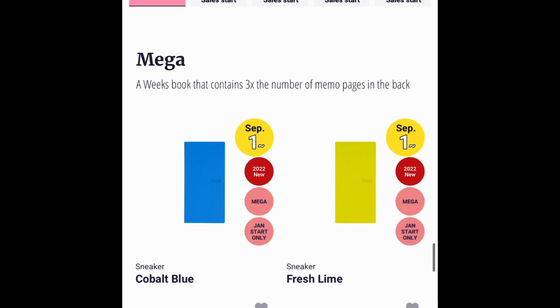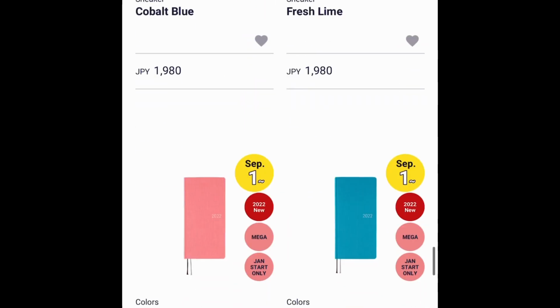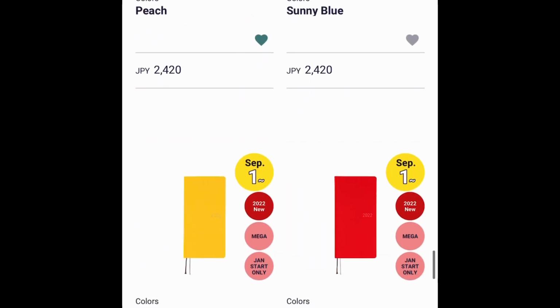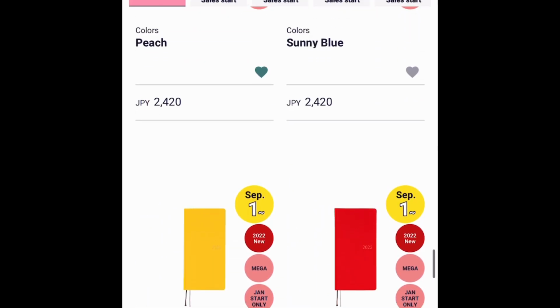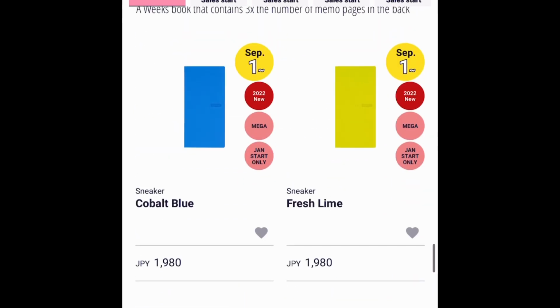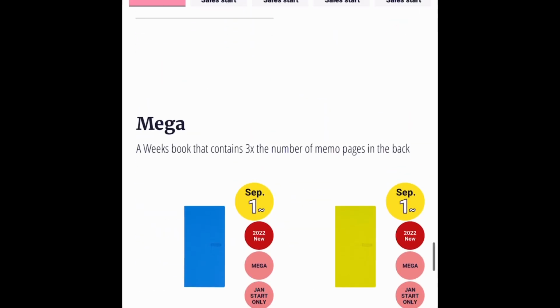So if I start here on the Mega, which was the large size, the one that has a lot of note pages that I talked about in the beginning. They come in the cobalt blue, the fresh lime, the peach, the sunny blue, the sunshine, the bright red, and the phantom blue. And all of the Mega are thicker than the original ones. And then you have two of them in sneaker models, which is the blue and the lime. That means with